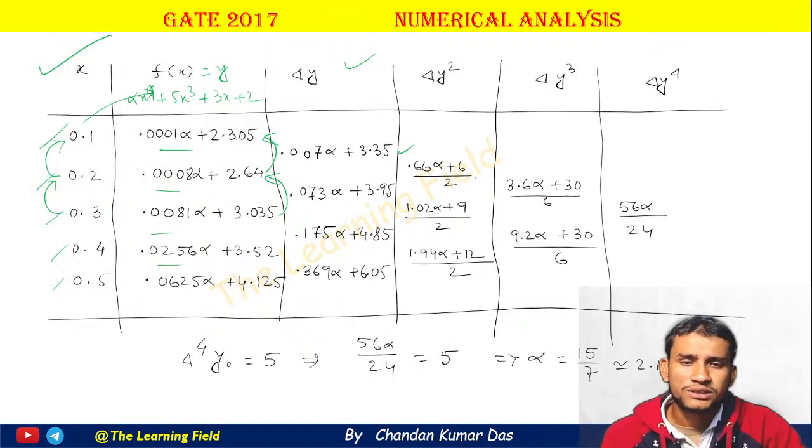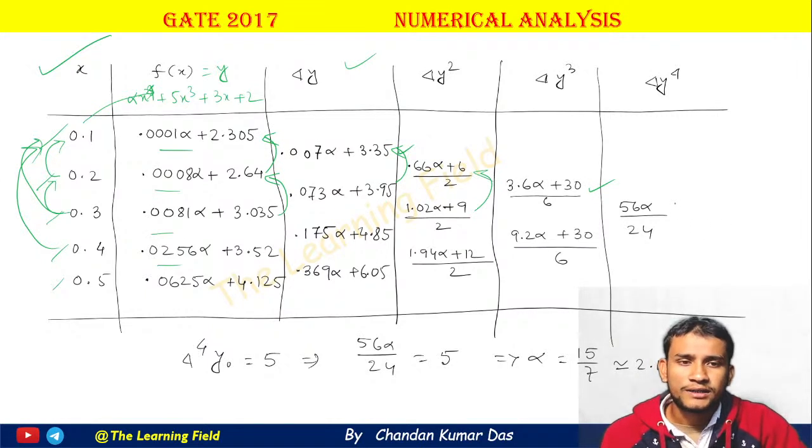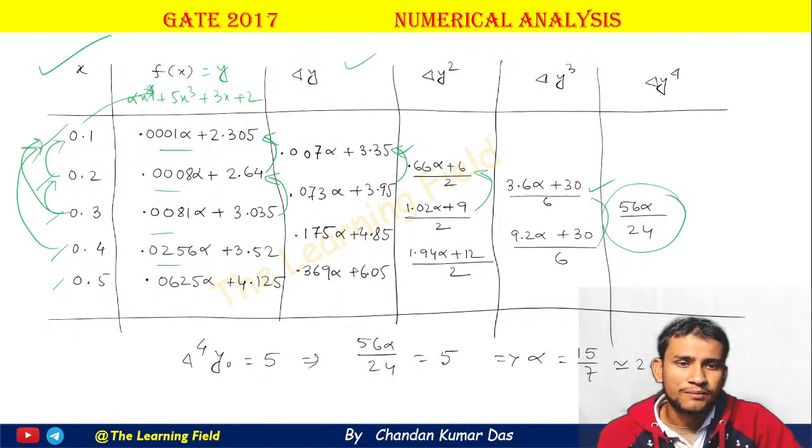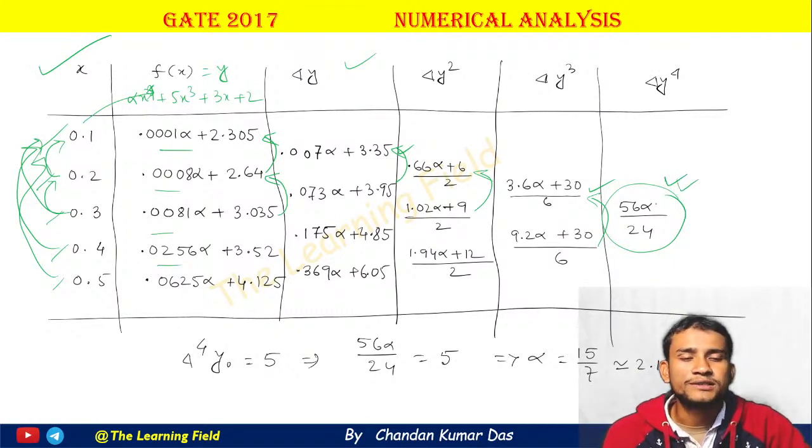Okay, you just calculate the divided difference table to calculate the values. The next one is this minus this by this minus this. So this is the difference table. Delta cube y means this minus this by 0.4 minus 0.5, and the last one is this one, which is equal to this term minus this term by 0.5 minus 0.1. So this is the fourth order divided difference.